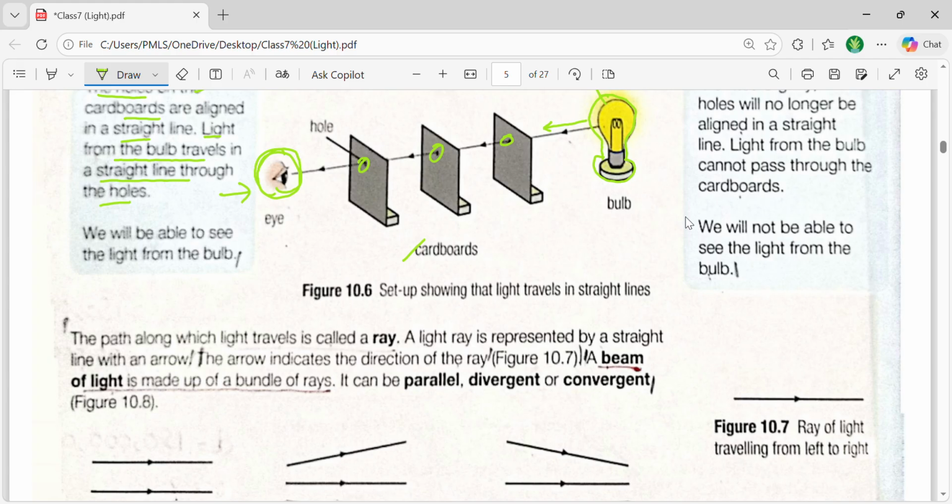Now there are some technical terms that you need to learn. Basically, the path along which the light travels is called a ray. They can ask you what a ray is, possibly in the form of an MCQ. So you should know that the path in which light travels in a straight line is called a ray. To represent these straight lines, we use arrows, and the arrowhead is always in that direction. Can you see this? It is in the direction from where it is coming and then moving forward. So it is coming from the light source in this direction.